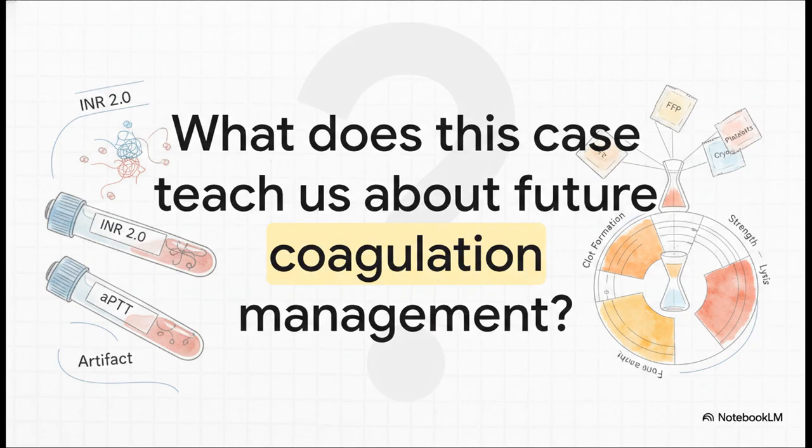This case, I think, powerfully underscores the limitations of our conventional coagulation tests. An INR of 2.0 suggests bleeding, but we know the patient is pathologically thrombotic. An APTT might be prolonged, but we know it's just a lab artifact. This really points toward a future where real-time, goal-directed therapy guided by viscoelastic tests like ROTEM or TEG is not just beneficial, but is truly essential. These tests give us a global picture of hemostasis. They assess clot formation, strength, and lysis in real time, allowing us to more precisely tailor our transfusions and to truly navigate the incredibly narrow therapeutic window that exists in these most complex and challenging patients.